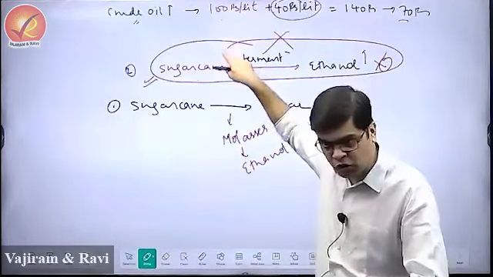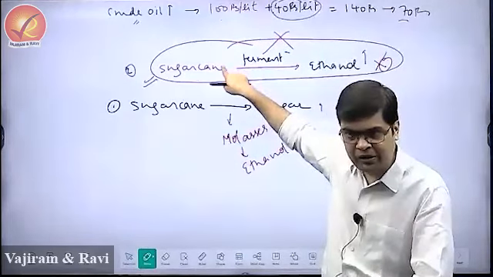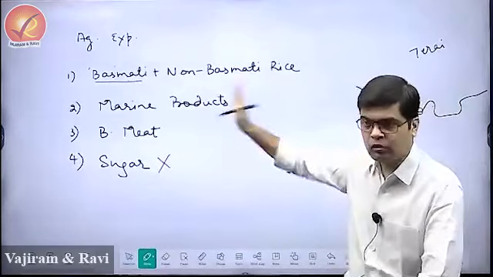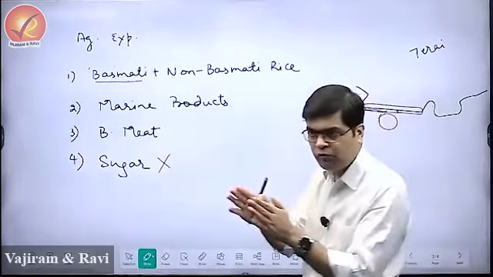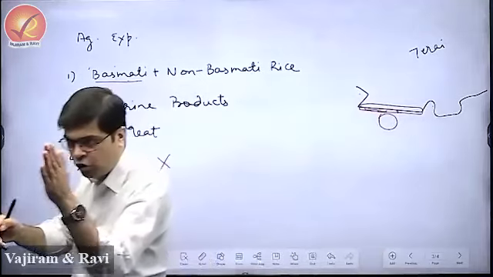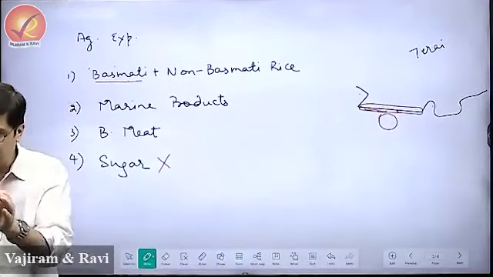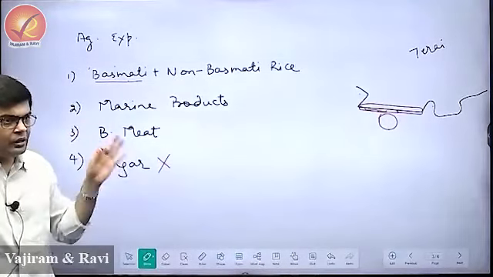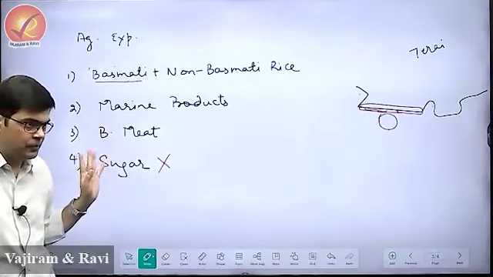So this is not permitted in India since December 2023, and also the government has said that sugar cannot be exported out of the country. So as of now, we are not exporting any sugar since October 2023, but nevertheless, India is considered one of the major exporters of sugar and the largest producer of sugar at present.